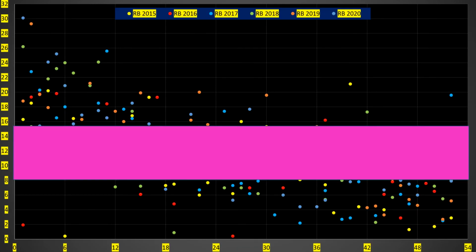Quarterbacks. I did this with quarterbacks. The purple block is the average over 54 picks, 54 ADP units. So you look at players above and below and kind of where that starts hitting versus the average. So look at the extreme failures.